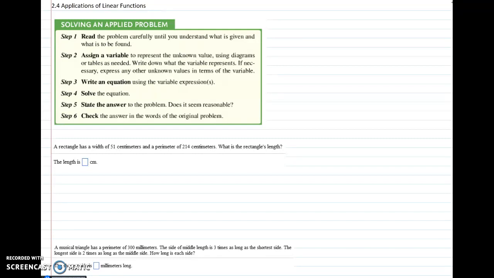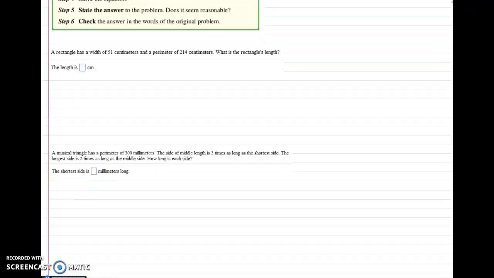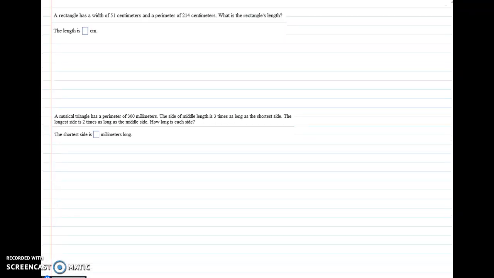Okay, so the first one. All of these are word problems, okay? So we're going to try to figure out what they're asking. We're going to draw a picture. We're going to label everything. We're going to make an equation that has all of the things that we know and hopefully the one thing that we don't know. And then we're going to solve our equation. And then the last step and the most important step is to make sure that our answer actually makes sense,